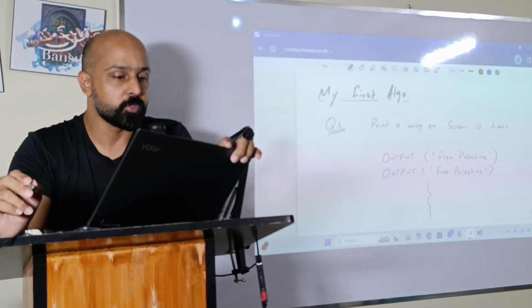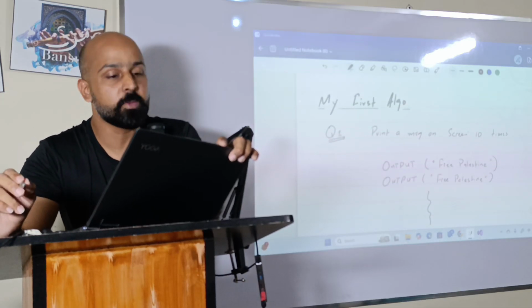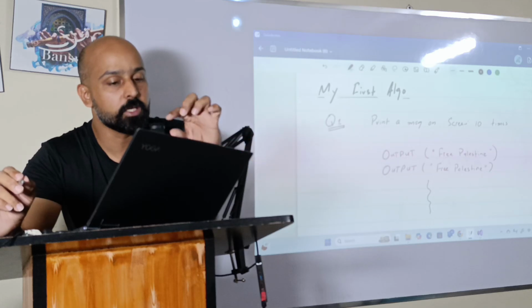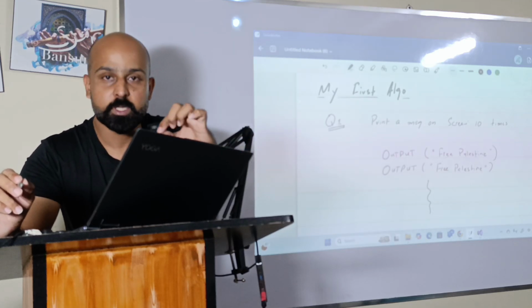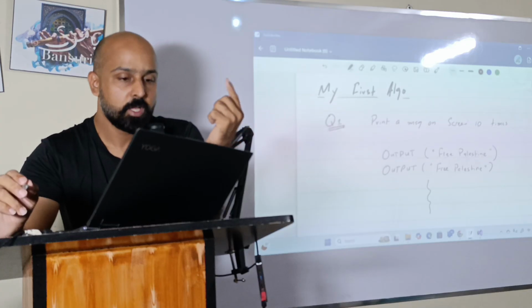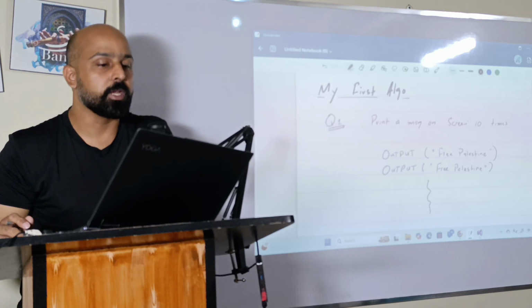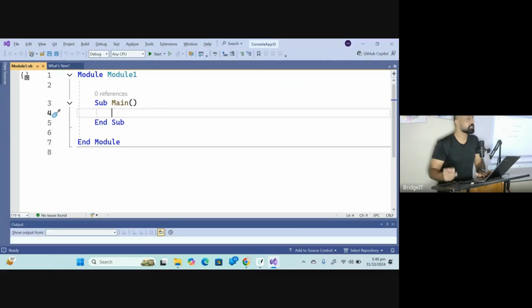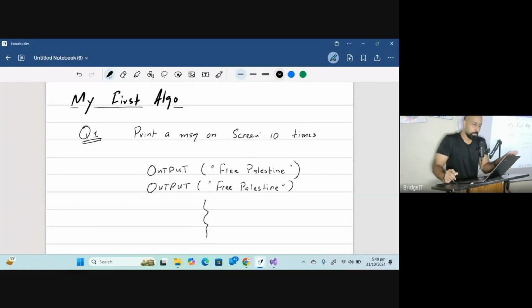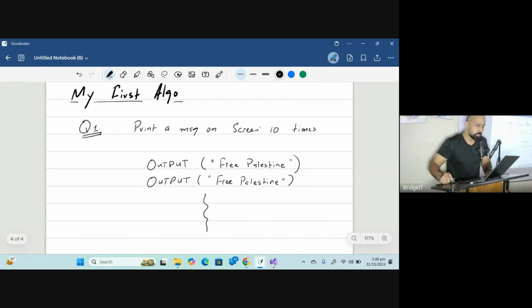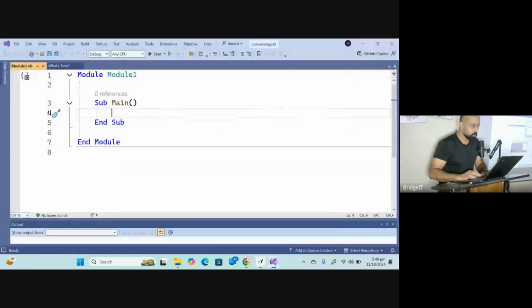The method that we are going to use for my first algorithm, whatever the program, I will be writing it in the notebook, in the form of pseudocode or flowcharts. But when we need to run the program, we will be running it in Visual Basic and in PyCharm, in Python, on the computer. So we already know this: output means Console.WriteLine in VB.NET. So let's try to do that. And later on, I'm going to use a loop. So this is your very first Hello World program.